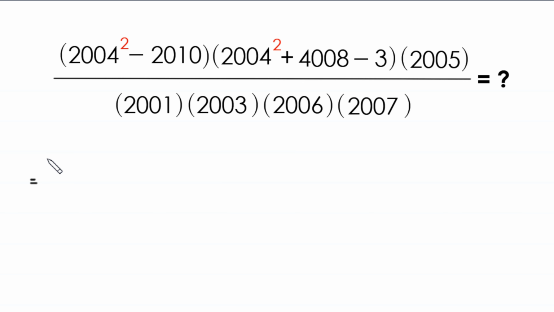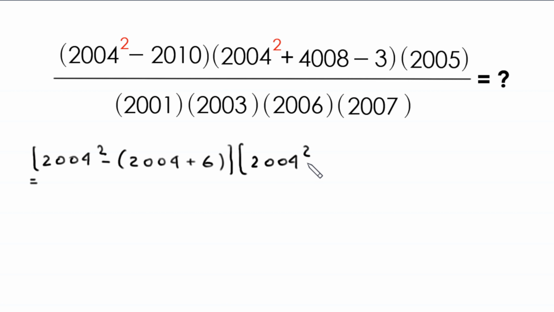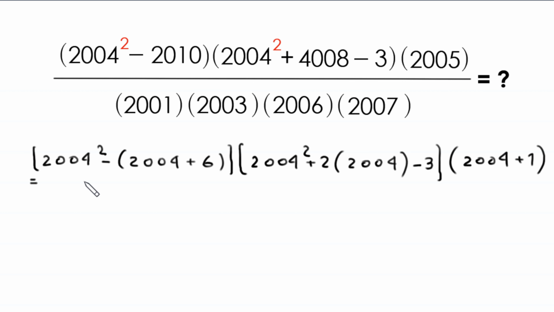2004 squared remains the same. 2004 squared minus this 2010 is the same as 2004 plus 6, times this 2004 squared remains the same. 2004 squared plus this 4008 can be written as 2 times 2004 minus 3, times this 2005 can be written as 2004 plus 1, and all this divided by